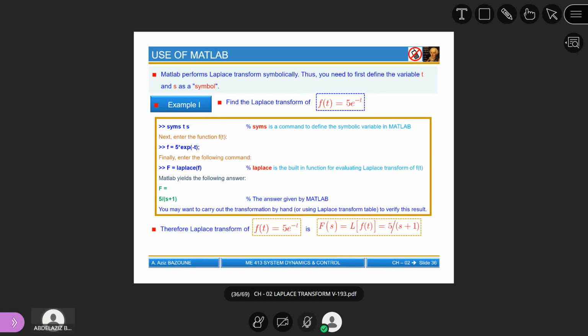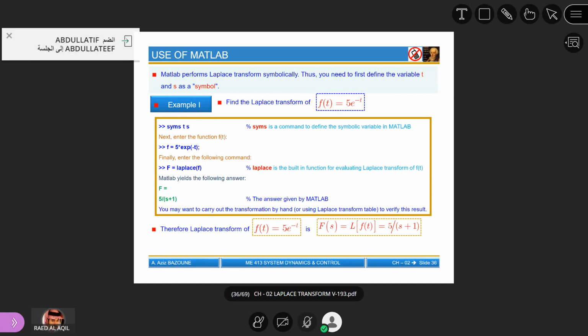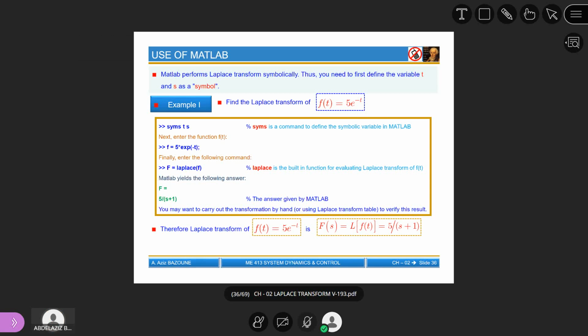Raed, please go ahead. Doctor, if I use a variable other than t, will it convert it to s, or must it be t and s? He will consider whatever variable you put here, no problem. Just define at the MATLAB prompt your variable, any variable. Yes. Yeah, just symbolic like this one here. For example, syms like this, syms